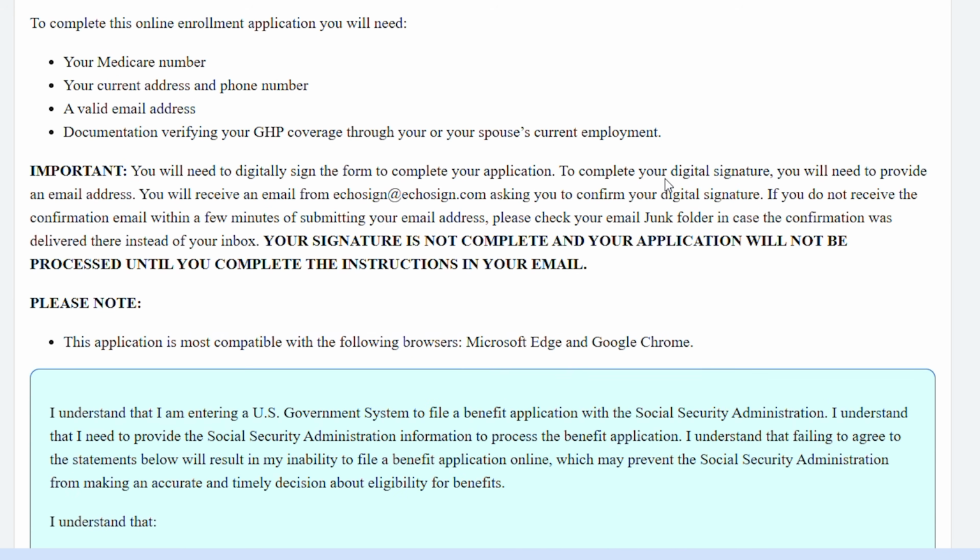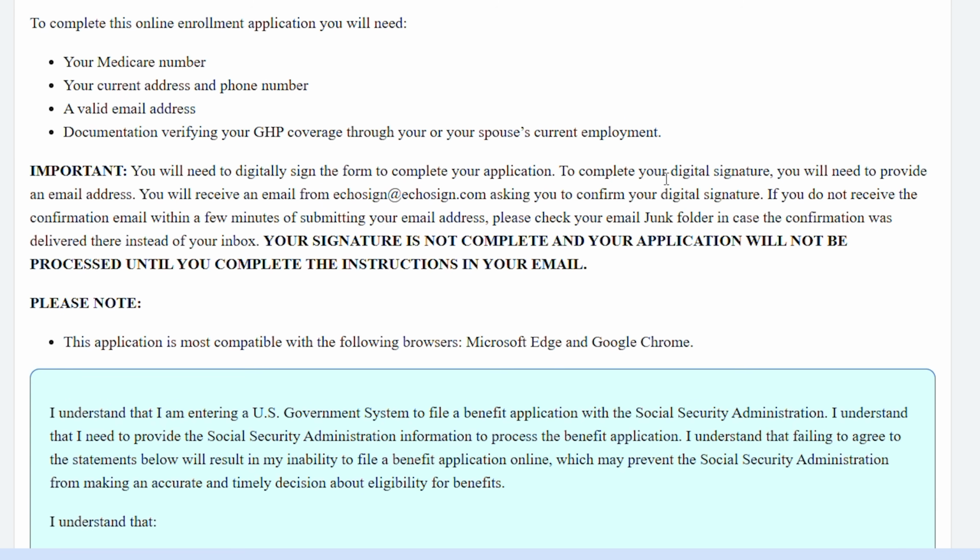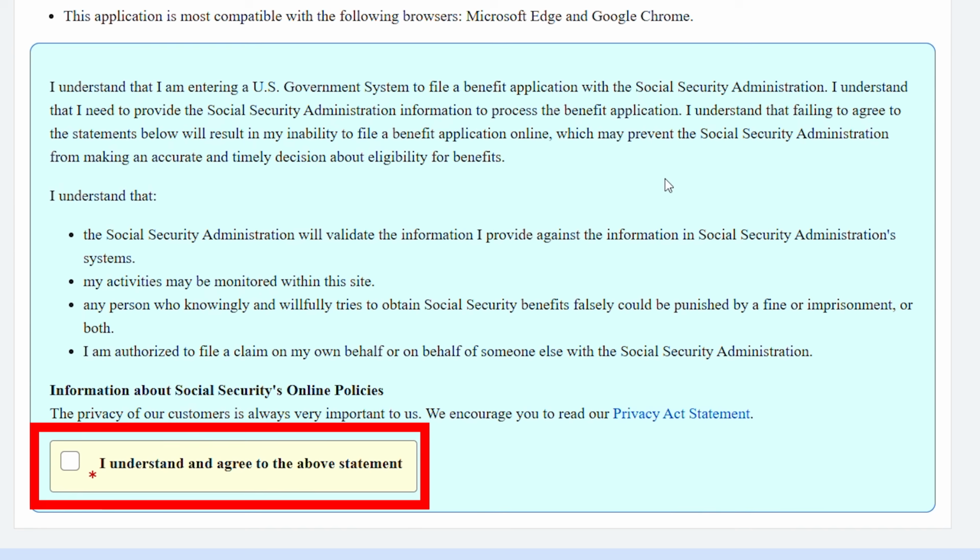The best internet browsers to use here are Microsoft Edge or Google Chrome. You may have some different looks or usability issues if you are using a different browser like Safari, Internet Explorer, or Firefox. If you can, use Microsoft Edge or Google Chrome. Okay, scroll down, click the box that says you understand and agree to the above statement,